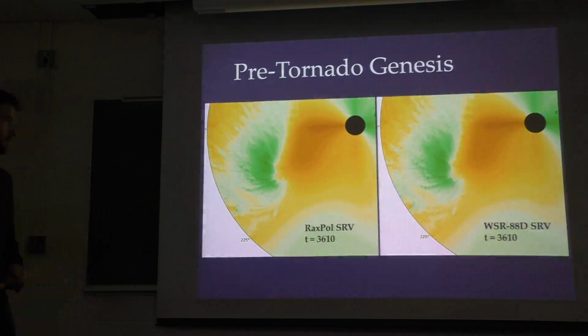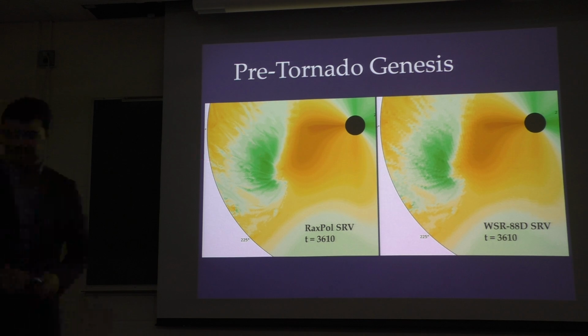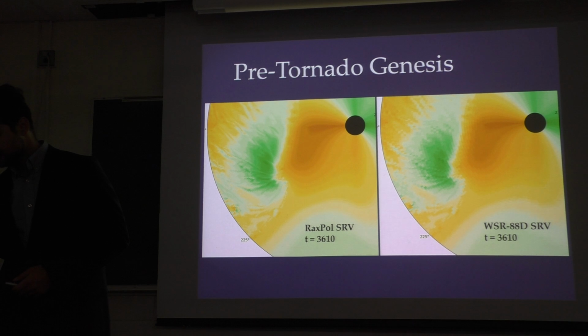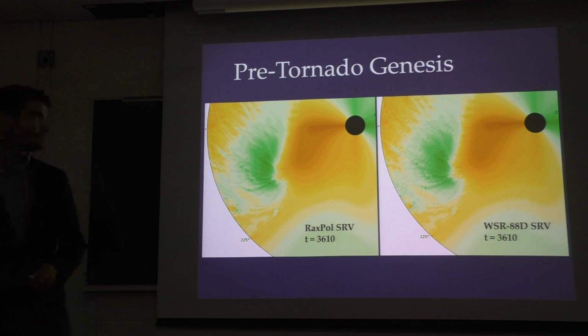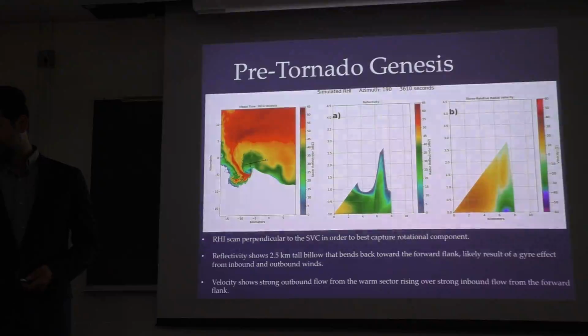So this is storm relative velocity. Again, it's basically the same story. You do have some couplets right here that are kind of random. There's not really much to it, but one interesting thing to note is if you see these lines in the velocity, these are actually vorticity tubes out in the forward flank. I have talked to some people who work on the field radars, and they have seen these before, which is encouraging. I don't really get into that too much in this study, but it is cool to see those. And they don't show up on any operational radar? No, definitely not. Too small.